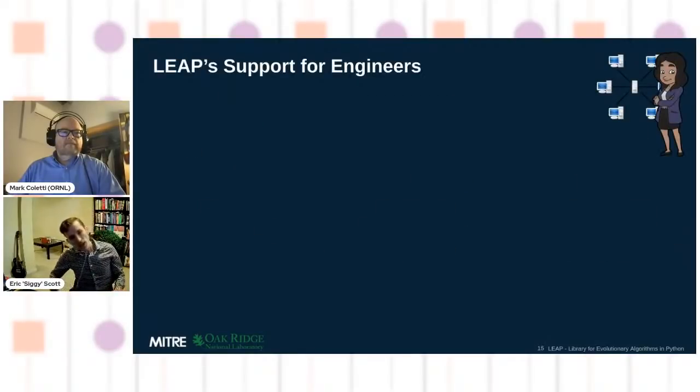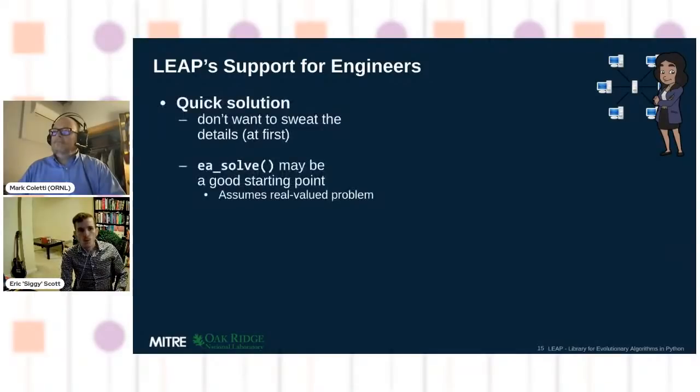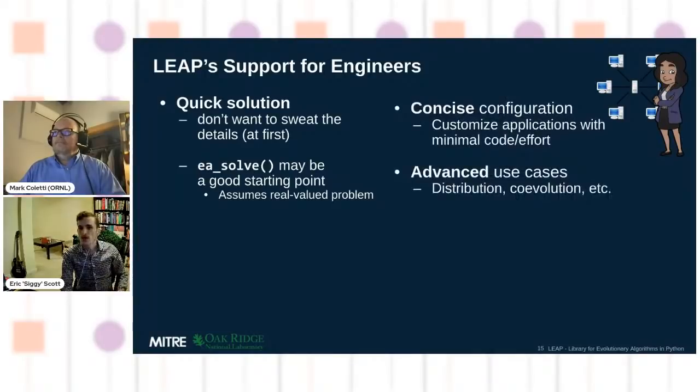So looking first at the engineer's view, this drummed up for us a few requirements. One is that quick solution that I mentioned earlier. One way to interpret that is if you need just a quick and dirty algorithm to solve a problem in a known domain, then you should be able to do it with one line of code. But once you need something more complex, you want to be able to configure it in a concise way in one place without your changes being spread all over your code base. And you're going to eventually need more advanced features such as